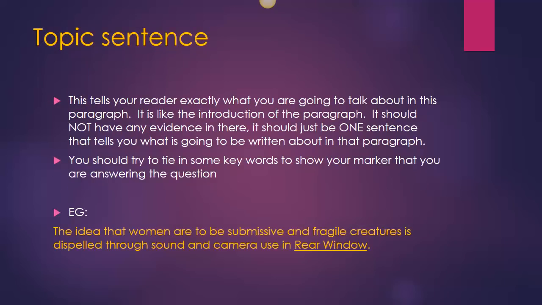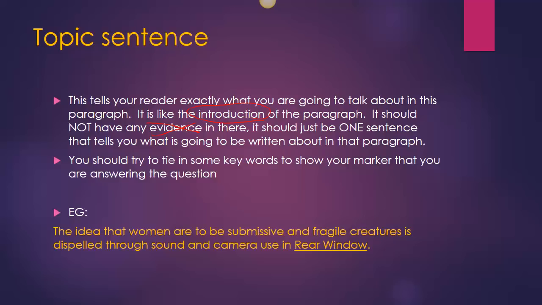So, topic sentences. Topic sentences are pretty easy, particularly if you've planned well. If you haven't planned well, they're tricky. That's why you're a fool if you don't plan. A topic sentence tells you exactly what you're going to talk about in the paragraph. It's like the introduction to a paragraph. If you thought about each paragraph as its own little essay, your topic sentence is your intro. You shouldn't have any evidence in there. So no evidence allowed. It should just be one sentence that tells you what is going to be written about